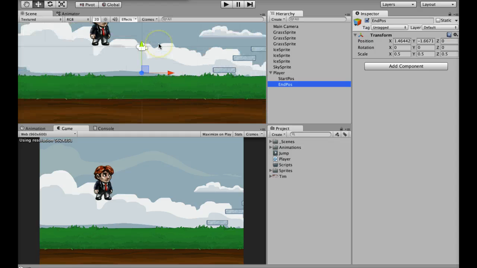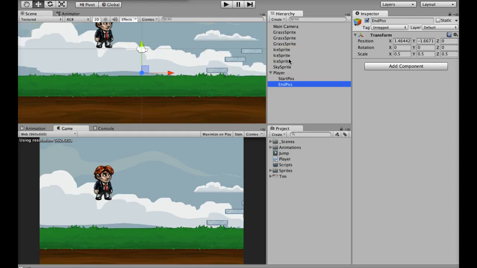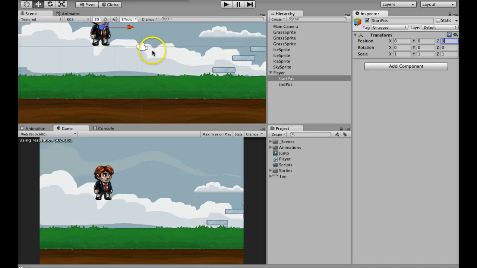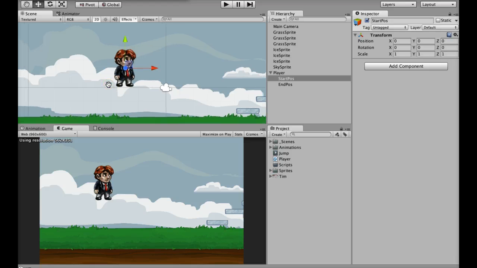We have two basically transform objects that have nothing attached to them. Go ahead and set their positions to 0 so that they get on the player. And what we're going to do now is draw a line. Linecast allows you to set where you want them to be. Remember, it asks for a position, and the position is stored in the transform component. So we can say start pose equals 0, 0, 0, and the end pose is